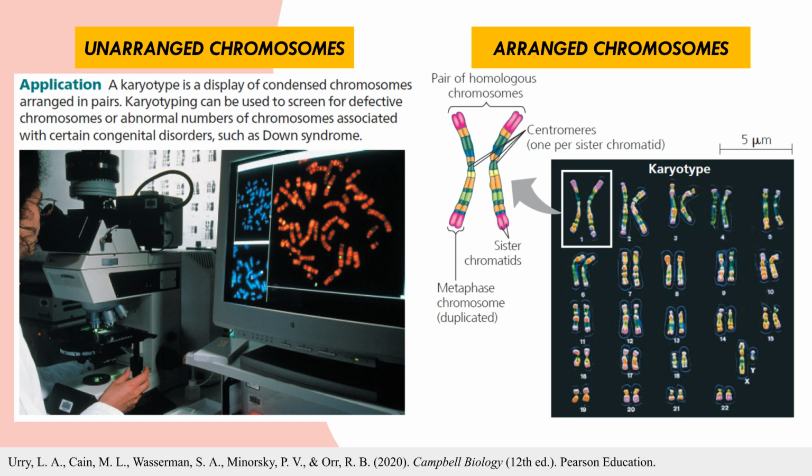male or female. Karyotyping involves photographing chromosomes during metaphase, when they are condensed and easy to see. At first, the chromosomes appear scattered. Scientists then arrange them into homologous pairs to form a karyotype. This method is used to identify chromosomal abnormalities, such as extra chromosomes or missing chromosomes, associated with genetic disorders like